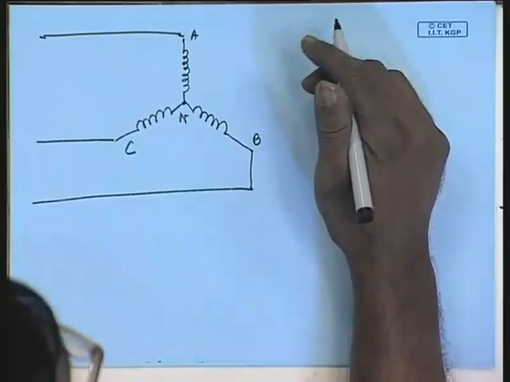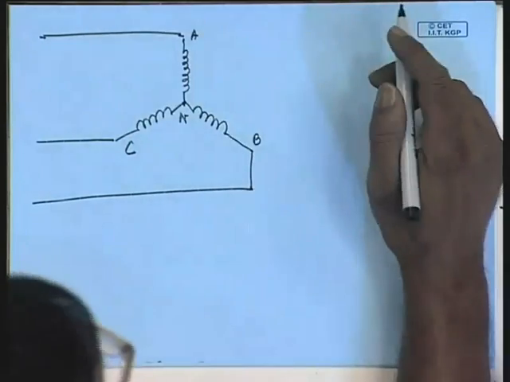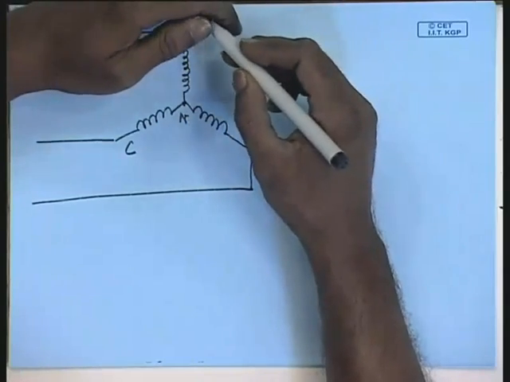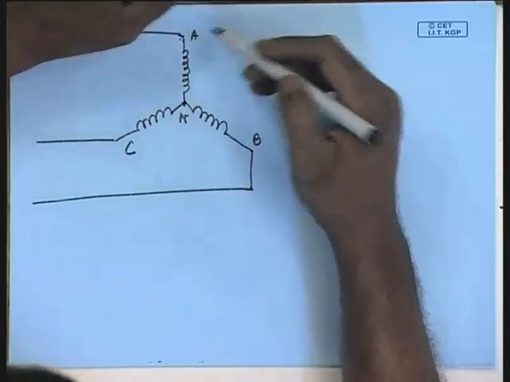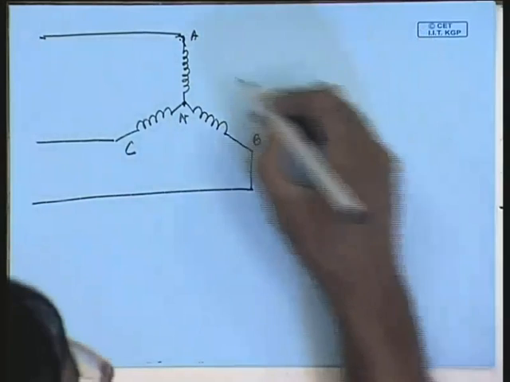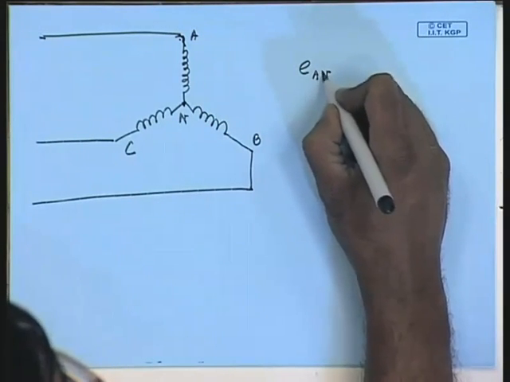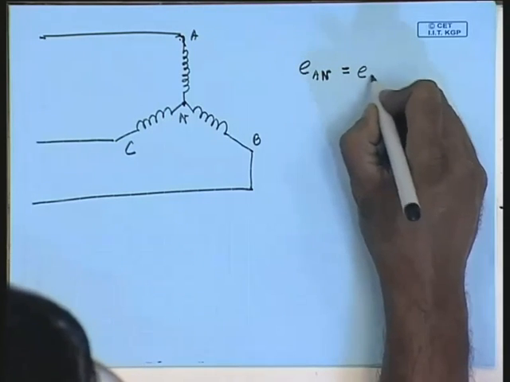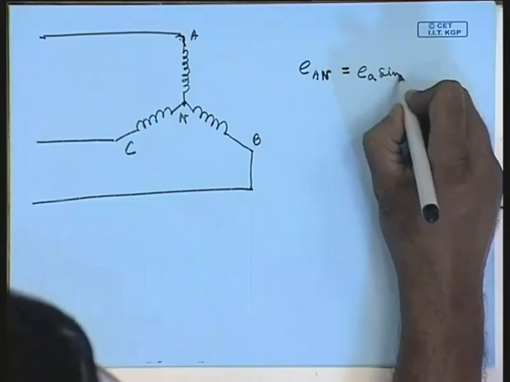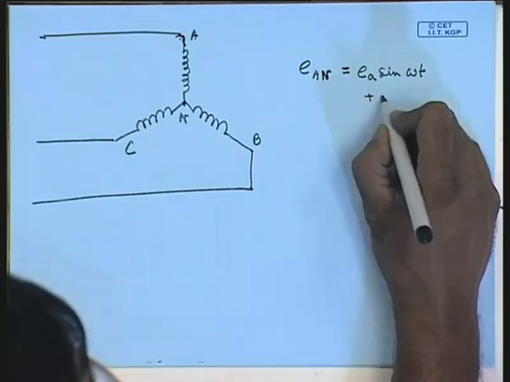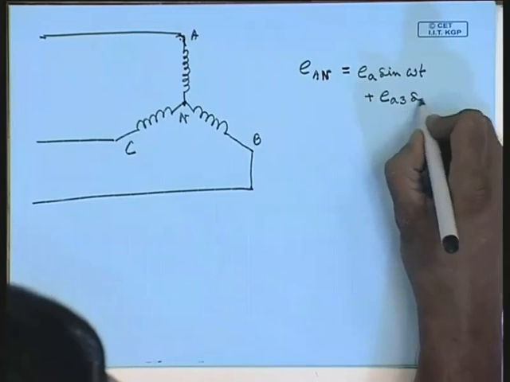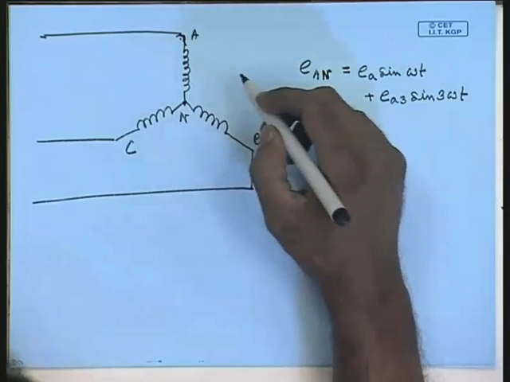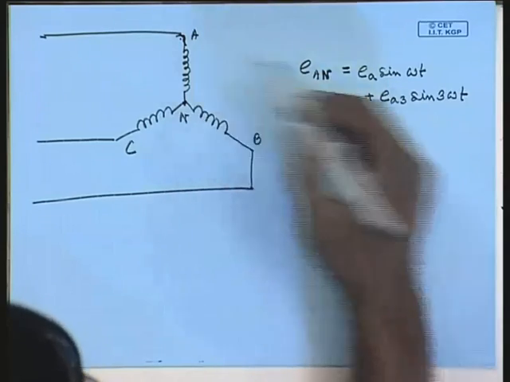The other winding also is star connected and does not provide a return path for the third harmonic current. In which case, since there will be no third harmonic current, the no load current will be almost sinusoidal and the flux will be non-sinusoidal, and the induced voltage E An will also be non-sinusoidal with a predominant third harmonic component. So, the E An can be written as E A1 sin omega t plus E A3 sin 3 omega t. Now, neglecting the impedance drop of the transformer at no load,